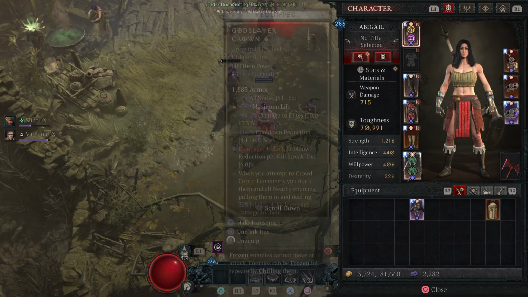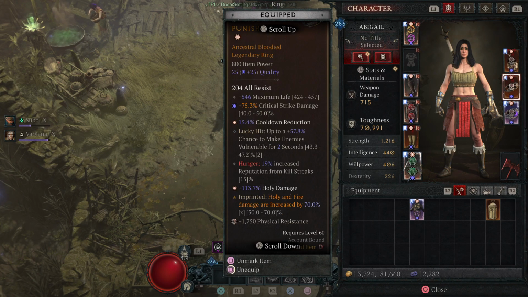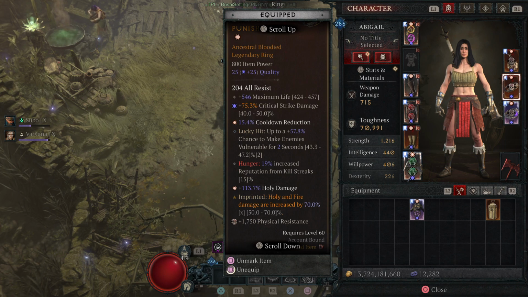Our ring, we're going to go to our ring real quick, all right? That way I'll get this. So right here, we're going to go for holy damage again. Holy fire is the aspects. I've been playing this a while. On our ring, we're going for